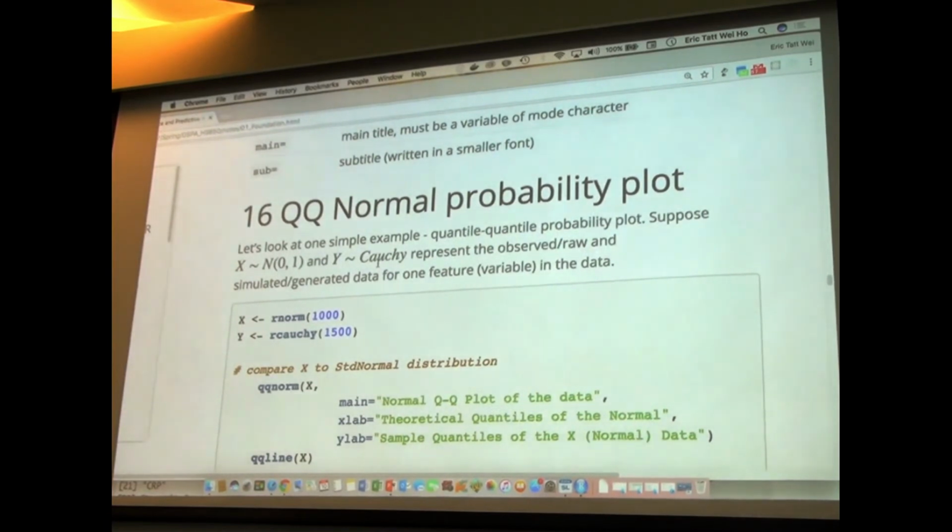People generate phantoms. They literally look like this, except that they're a little bit mushier and they have a little bit of structure in it. They can put a celery stick in it, they embed it in paraffin. They're literal models, and these travel from one location to the next, and they get scanned so that the scanners get properly aligned to generate similar values. But this is not necessarily guaranteed, and the QQ normal plot allows you to collect a sample from the same population or the same cohort and essentially